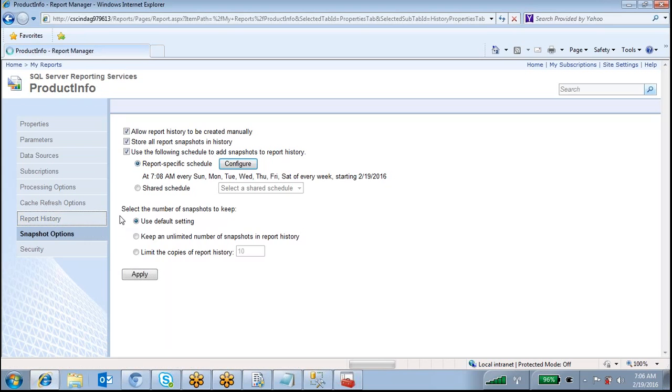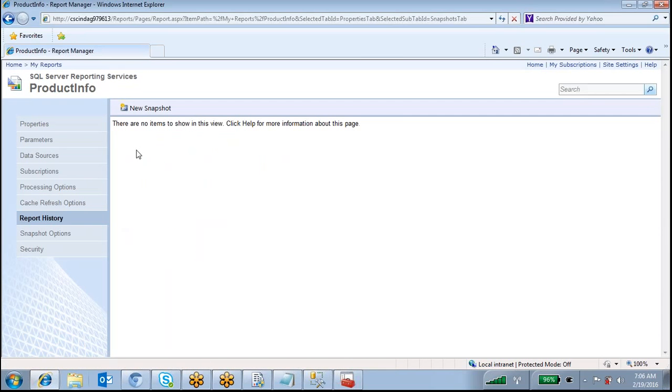But this report history, whatever reports are executing and coming in here daily at a particular time, is for a historical purpose. You can track that at that particular time we had this report and we can see that.